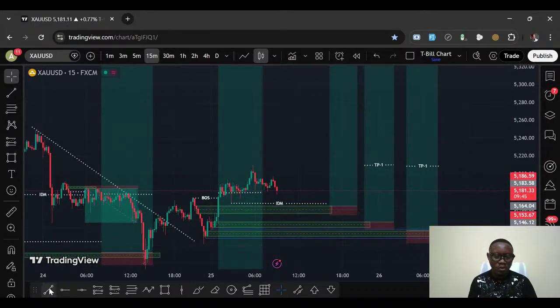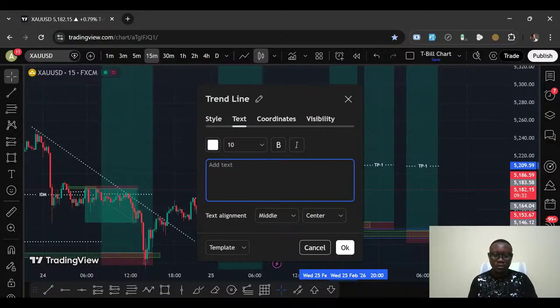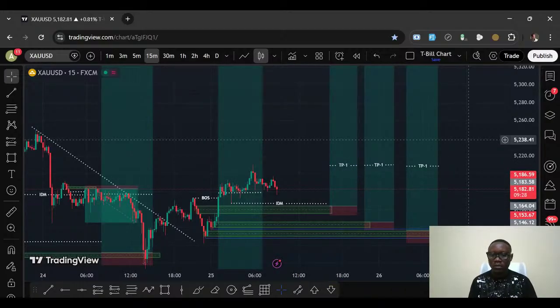Let's mark our TP1 level. So these are TP1, TP1. All right, so TP1, TP2, and